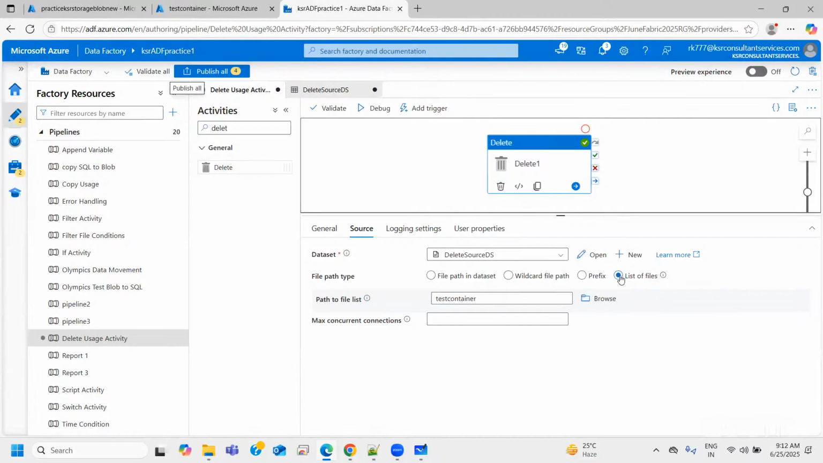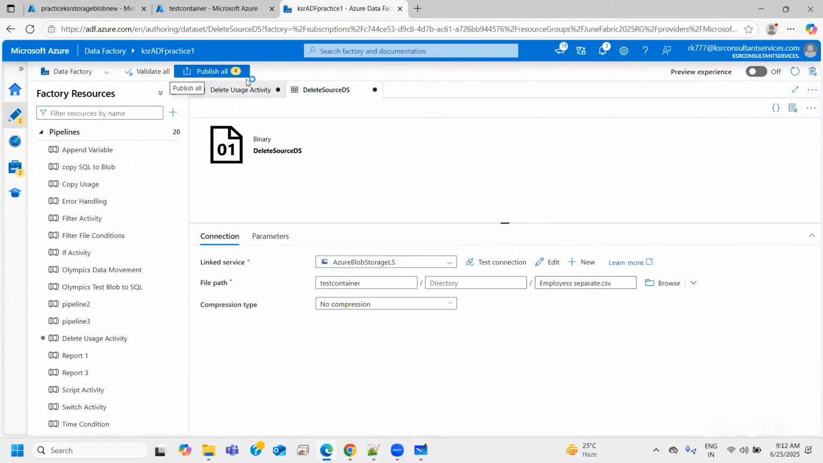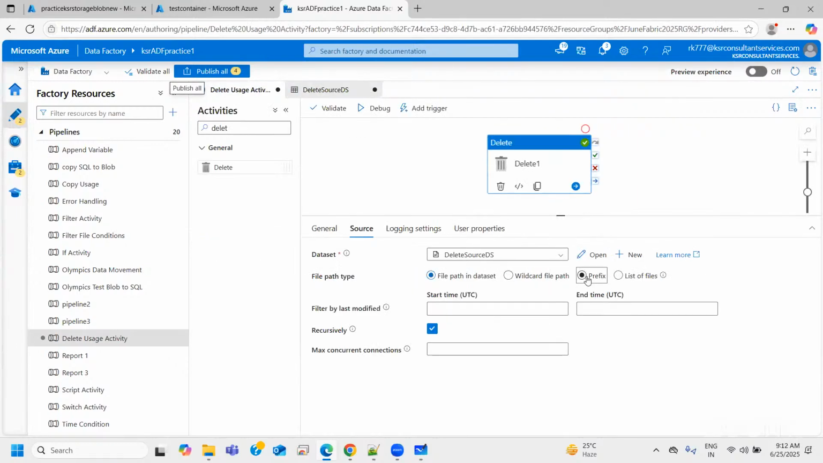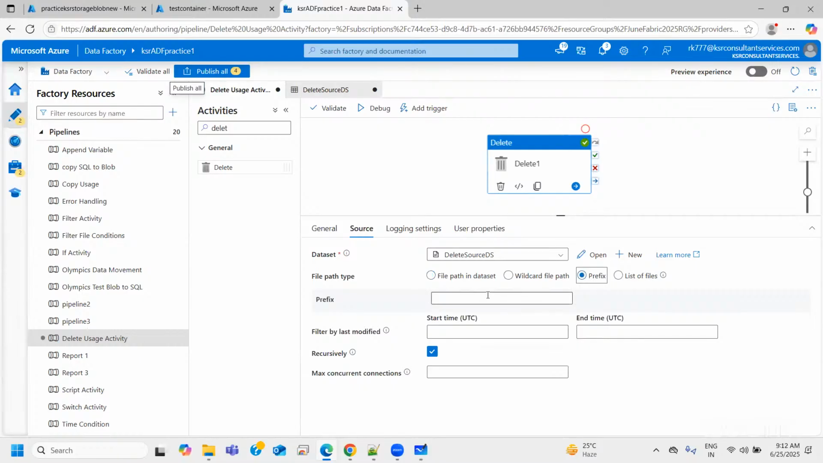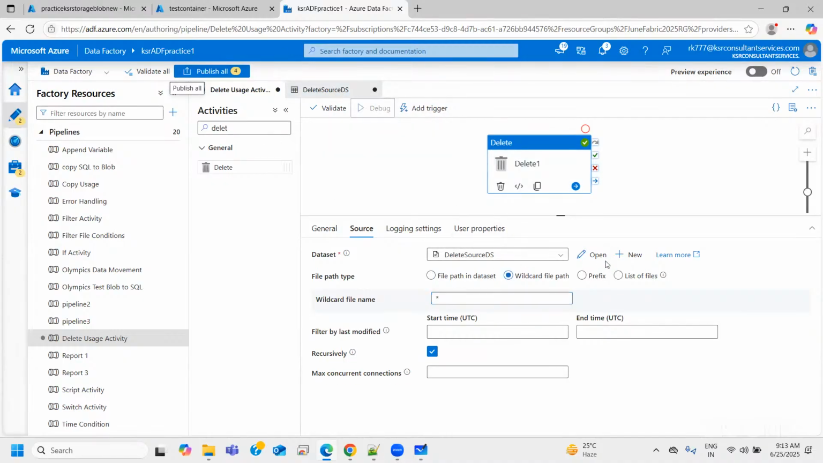So this option is where you need to create a file which will contain the names of files which you want to delete. Whichever file you have selected in this file path, that file will be deleted. If I go with the prefix option, if I go with wildcard file name, now what is this wildcard file name? Let me go with star here. I want to delete all the files, right? Which option is the best fit? Let me see. If I run this,